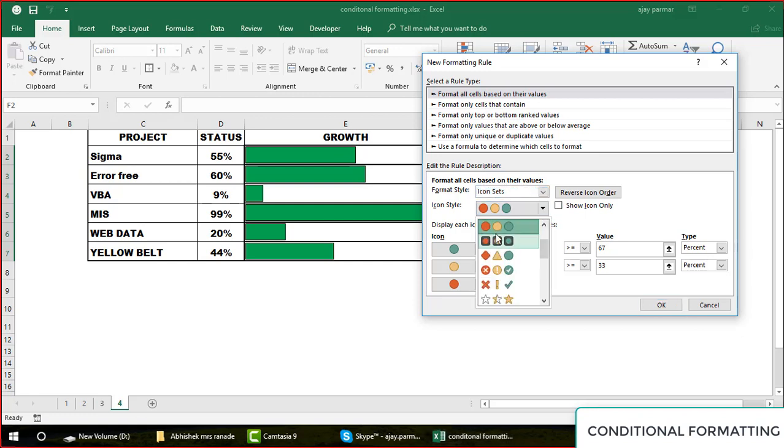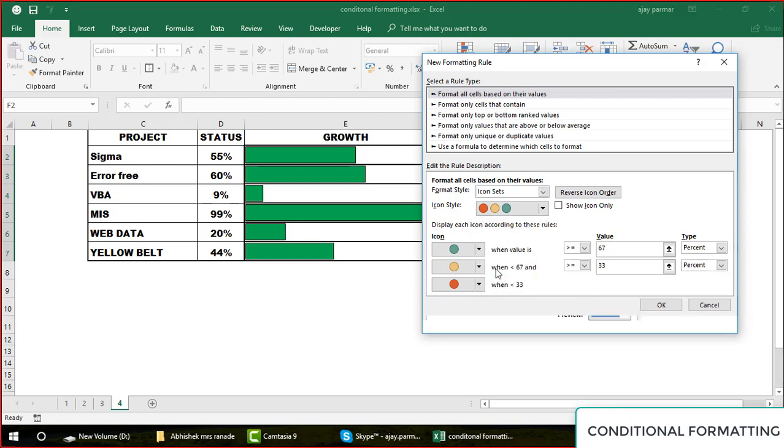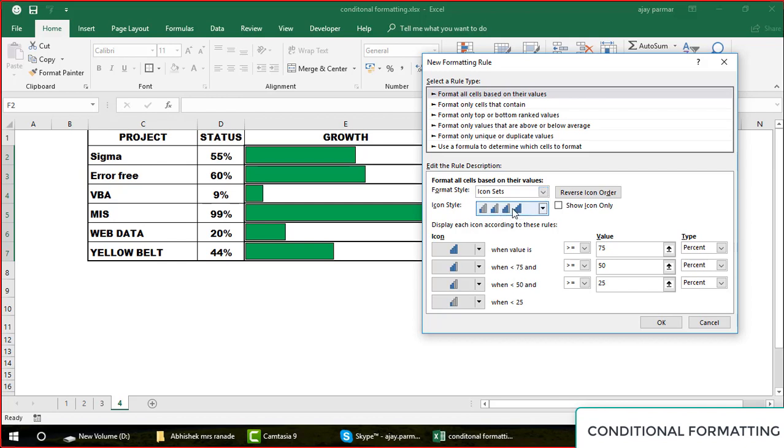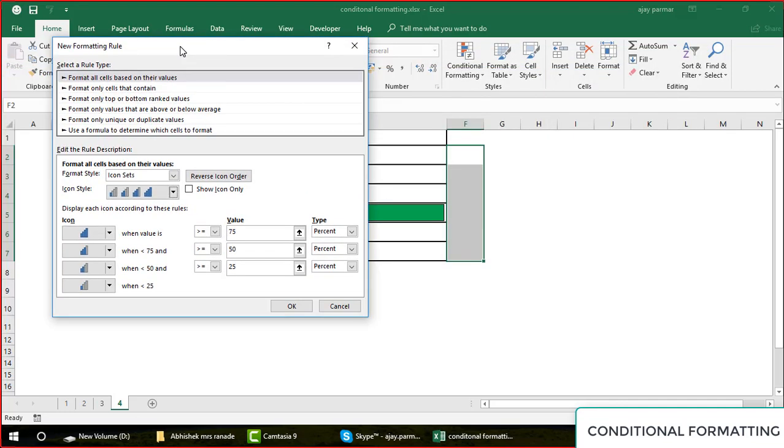You have here a lot of icons. You can create the traffic lights also. You can create these symbols also, these ratings also. If you are making some scorecard, you can make all these things, right? Now first we start with maybe this graph. Let's go and choose this graph, right? The graph, you have selected this. So remember, my selection is blank right now. In the F column this will get applied.